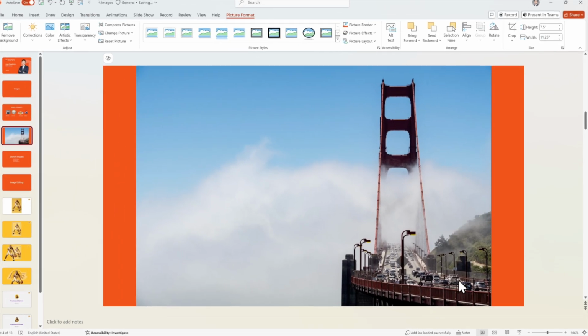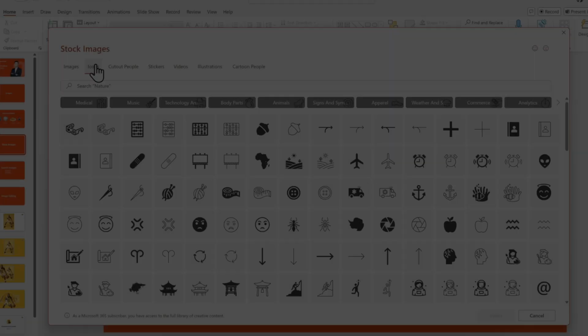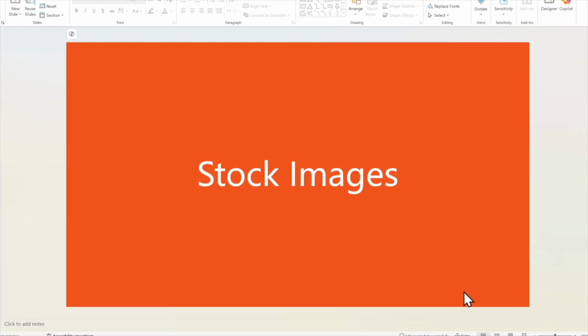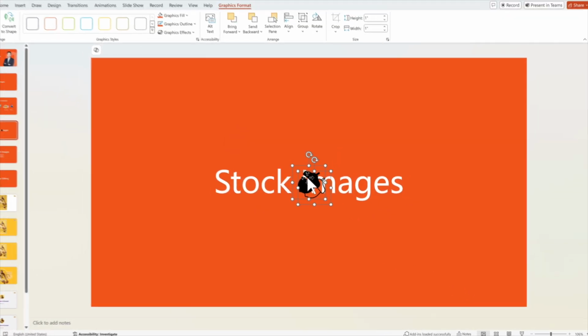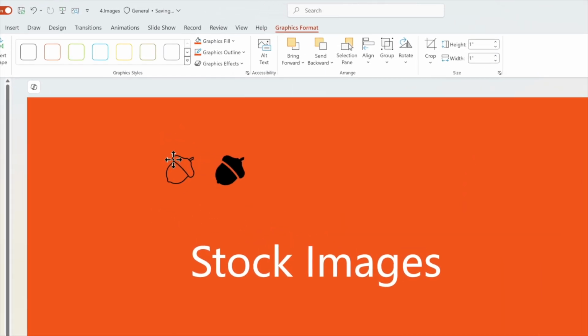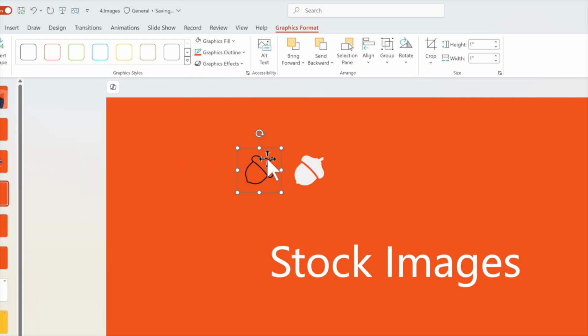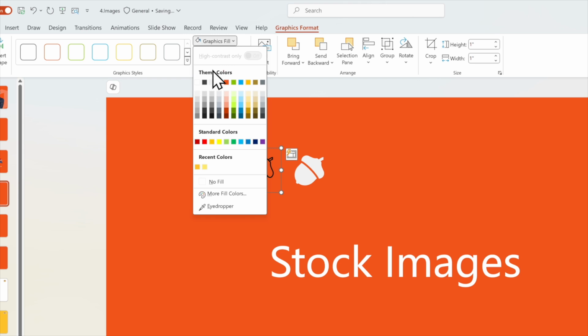Now let me demonstrate the Icons feature. There are two types of icons here. One is filled icons, primarily using solid colors. The other is line icons, mainly using outlines. Let me show you how to modify icon colors. After selecting an icon, click Graphics Format, find Graphics Fill. Choose your desired color. Note that even for line icons, we change color in Graphics Fill,